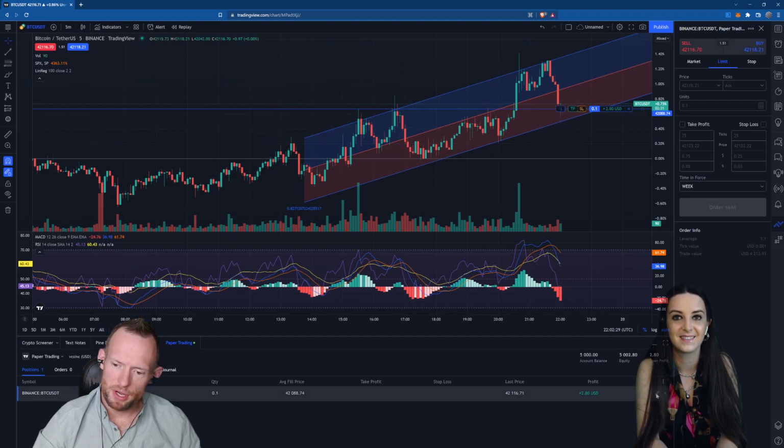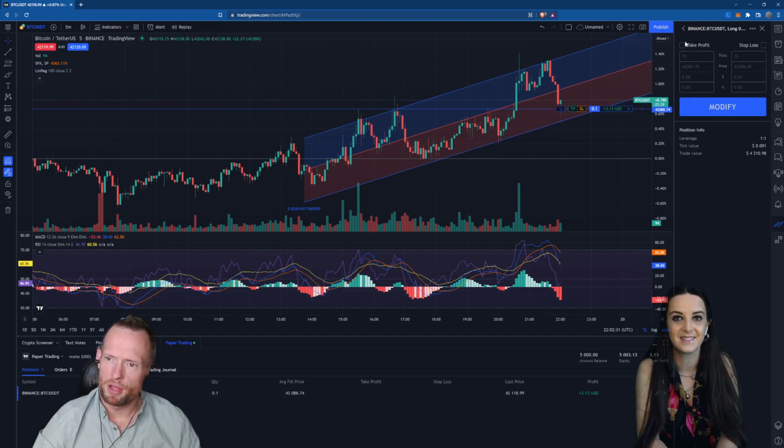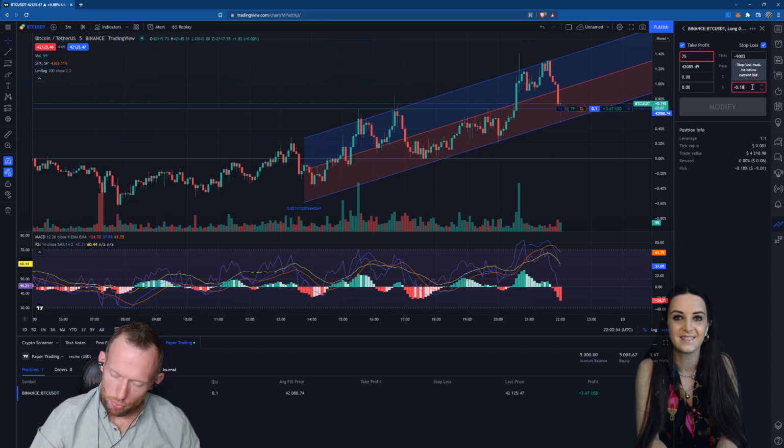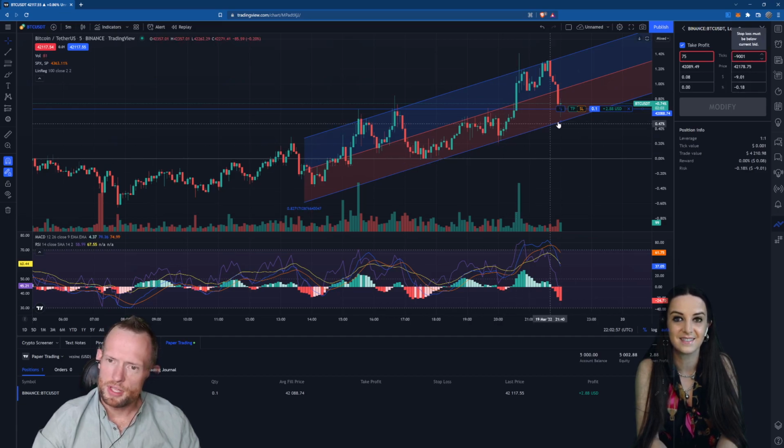So if I hit the edit button down here, it now gives me the ability to set a take profit and to set a stop loss. So I think perhaps maybe my stop loss I want to set around just below the bottom of this wick at minus 0.18%. So I can specify this as a price, or I can specify it as a percentage here. So let's specify it as minus 0.18%. So you can see that my price is going to be down here, and now let's also set a take